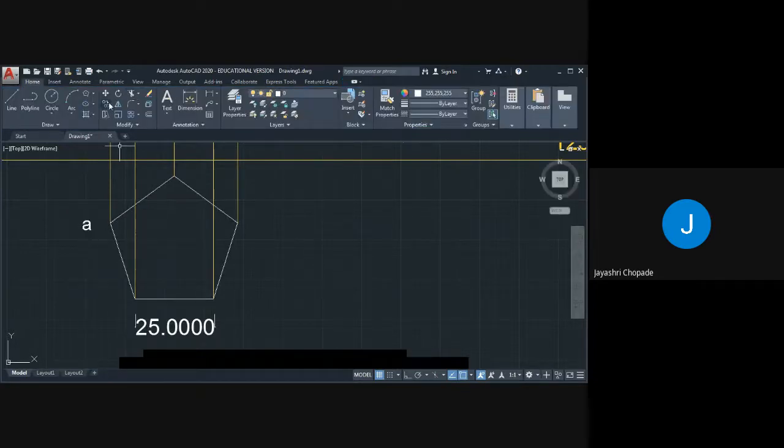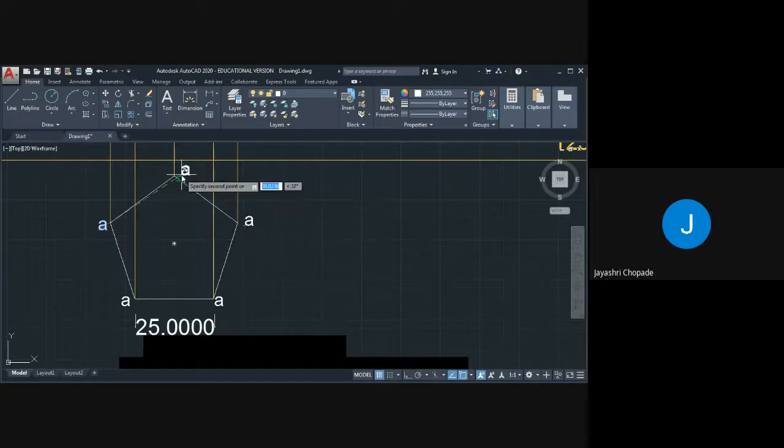Now this is the point A. First of all, we will move it, select, press enter, and we will move this point. Now we will copy it, go to copy command, select object, press enter, select base point, and you can copy it wherever you want.